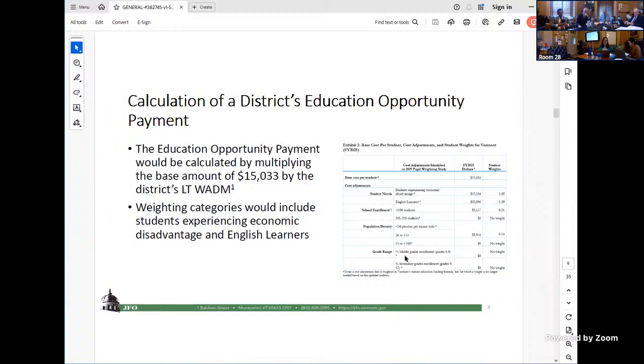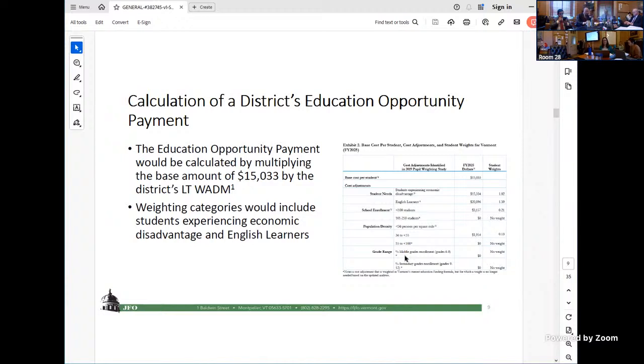The way that the foundation formula works is the weight is being applied to the long-term pupil count. So it's the pupil count applying all of the weight. So we have the weighted pupil count, and then that weighted pupil count is being multiplied by the base figure. And if I understood correctly from yesterday, actually, the student could fit a couple of these other categories, and it's all cumulative. That's correct. So they're all additive. They're all additive and they're not mutually exclusive.